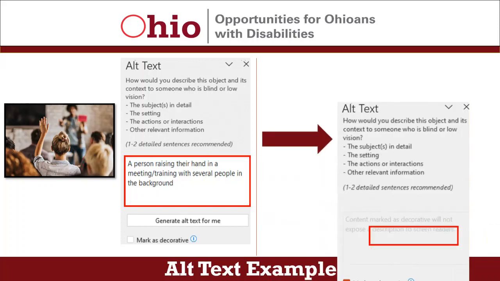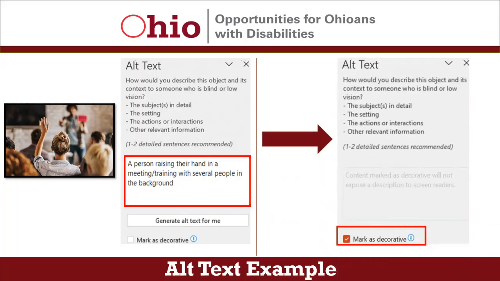To the right of this example is a graphic of an arrow that is not meaningful to the delivery of the content. It's included for visual appeal. The alt text box option includes similar instructions for writing alt text and a space to enter a written description. But this time it's left blank because the option below this to mark the image as decorative is selected.